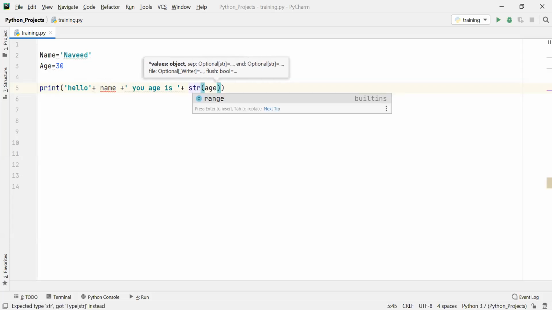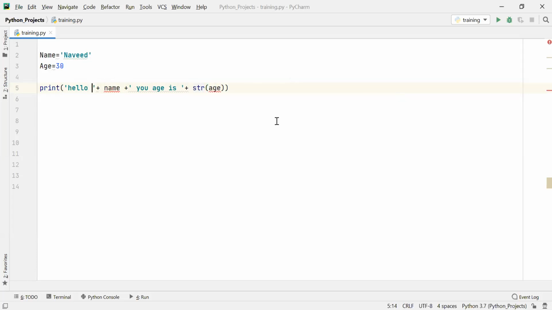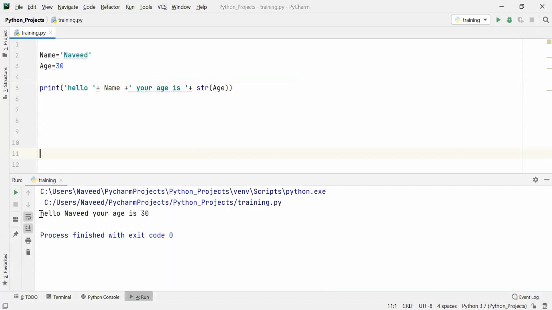Sorry, name should be in lowercase and age should be in lowercase, that's the name of my variable. Let me execute it. You can see here it is coming: hello Naveed, your age is 30.